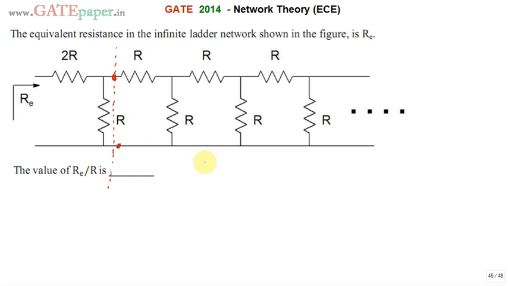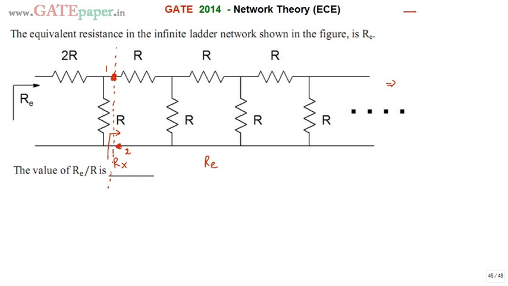Now it consists of identical resistances in an identical configuration, R plus R, that is two resistors connected infinitely. So this 1R, 2R combination is connected infinitely, and assume that the equivalent resistance looking into this network between these two nodes is Rx. Rx is the equivalent resistance looking into the infinite ladder starting from nodes 1 and 2. Then RE can be written as